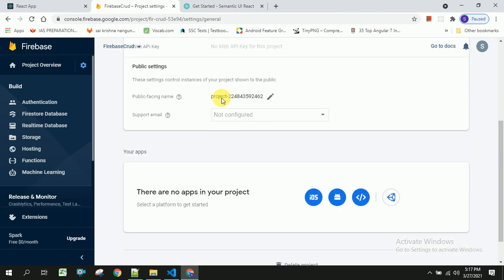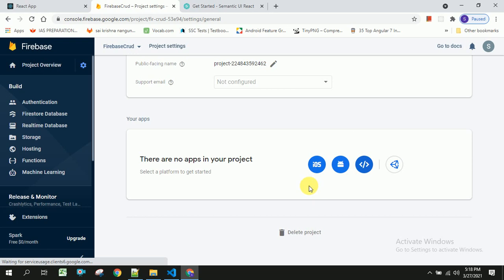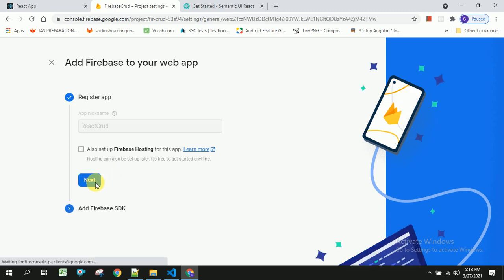Okay, yeah, here once you click on this icon, you have to provide some name. Click on register application, and click on next.